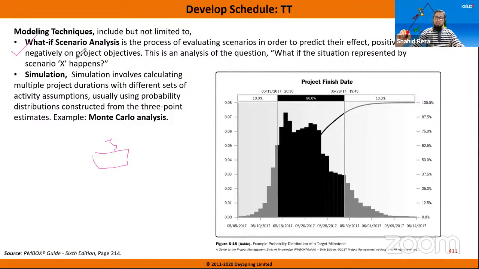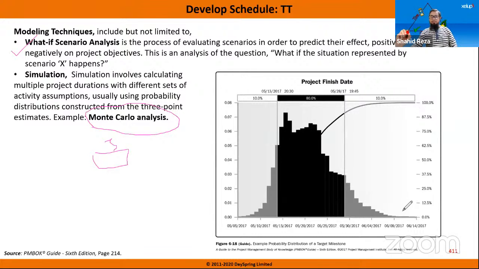And when we are using what-if scenario analysis or simulation, the mostly used simulation technique is Monte Carlo analysis. When we are talking about simulation, we have to take a lot of sample data. Using that data, we have to find out the probability of each task, and then accumulate all the probabilities to find out the simulation distribution. From that, we can find out the probability of finishing the project